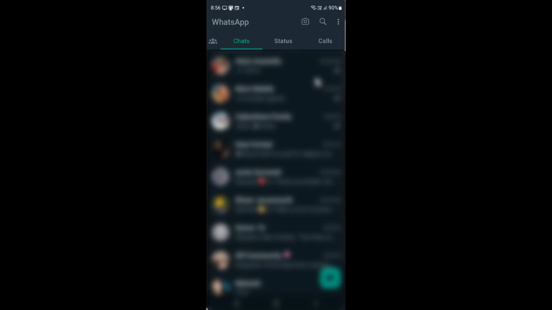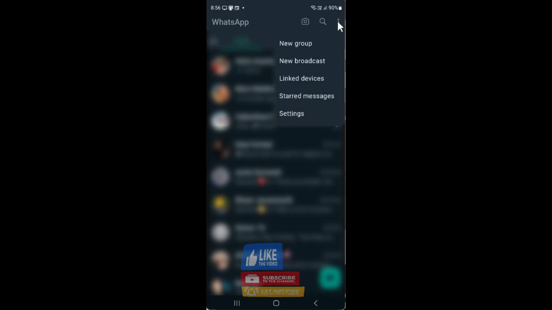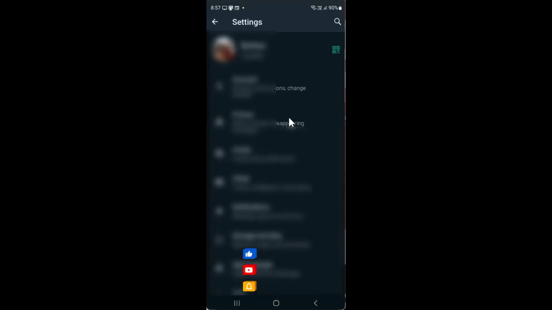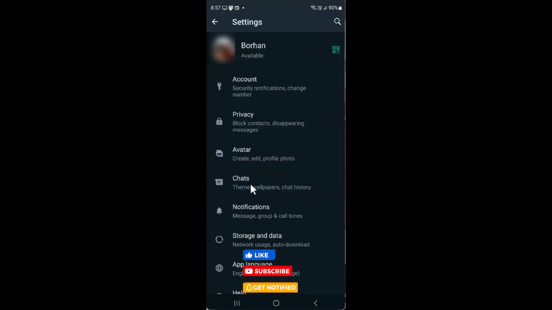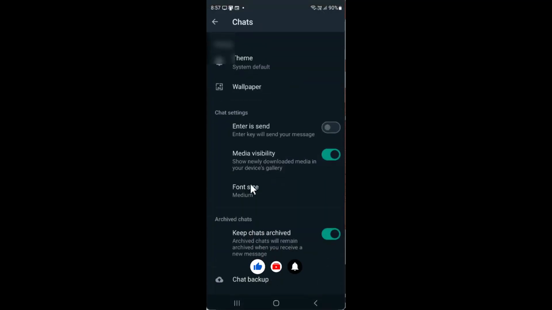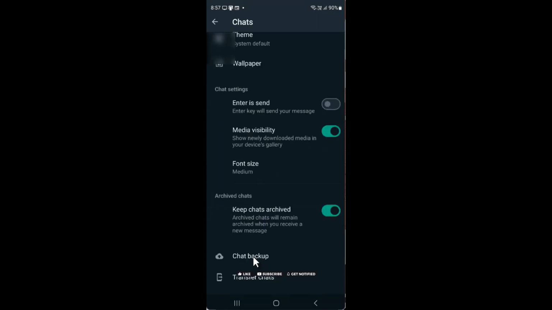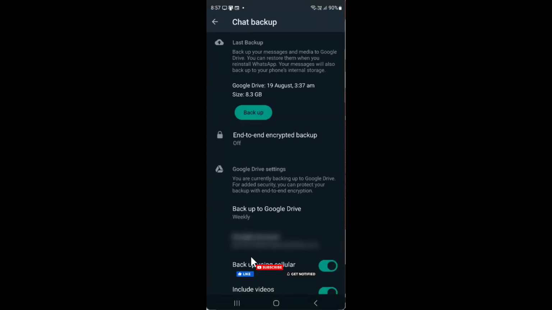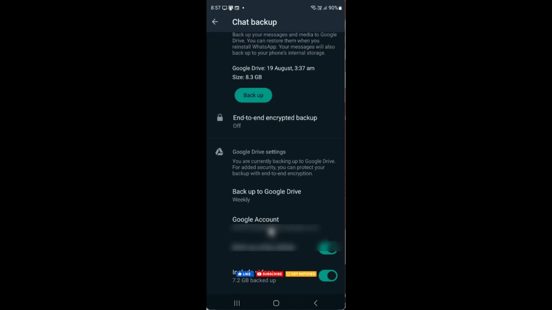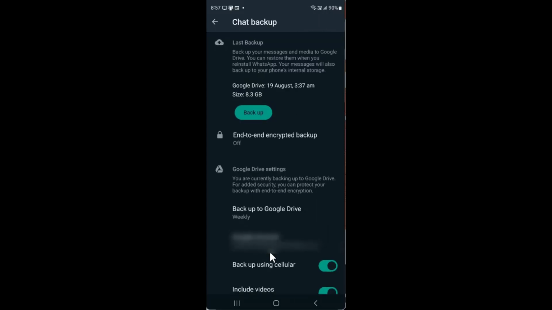So open up WhatsApp and then click on the three dots, go into settings and then go into chats and then go to chat backup, and then you've got all this. If you want to include videos, just toggle that on, and then you've got to go